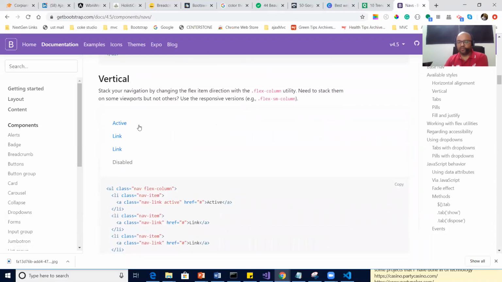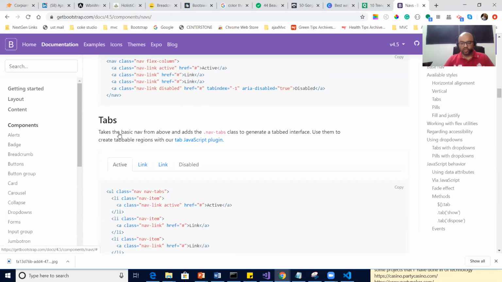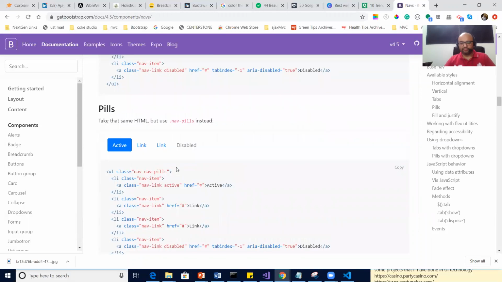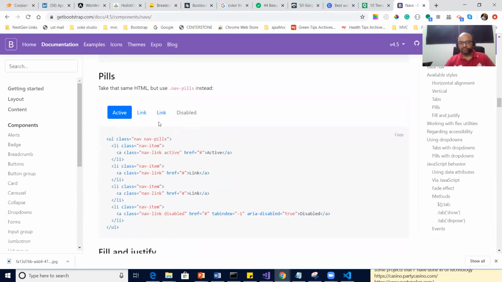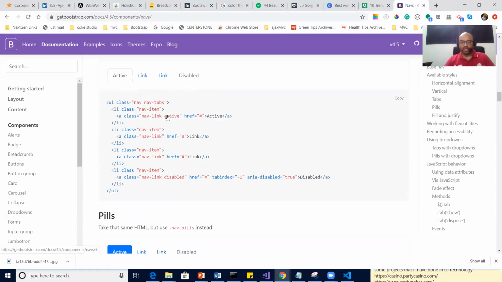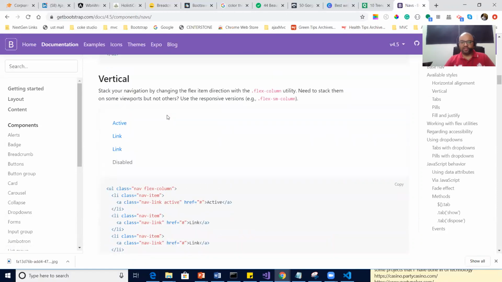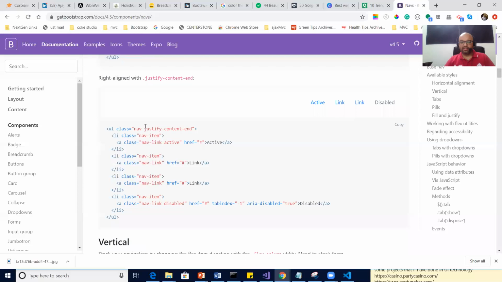No, these are vertical, for vertical menus. We don't need this one. We need horizontal basically. This will look like a tab, so no. What do you say? This one? Okay. So let's put up the basic structure first, which is this.